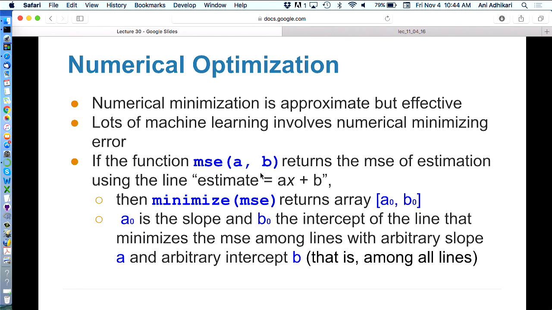That's exactly what you want. So what we will feed it is our MSE function that we just wrote, and what we hope to get back from it is the slope and the intercept of the regression line. That's what we hope. It will give back to us the slope and the intercept of the line that has the smallest squared error, and we hope that that's going to be the regression line. So I'm going to run this thing.